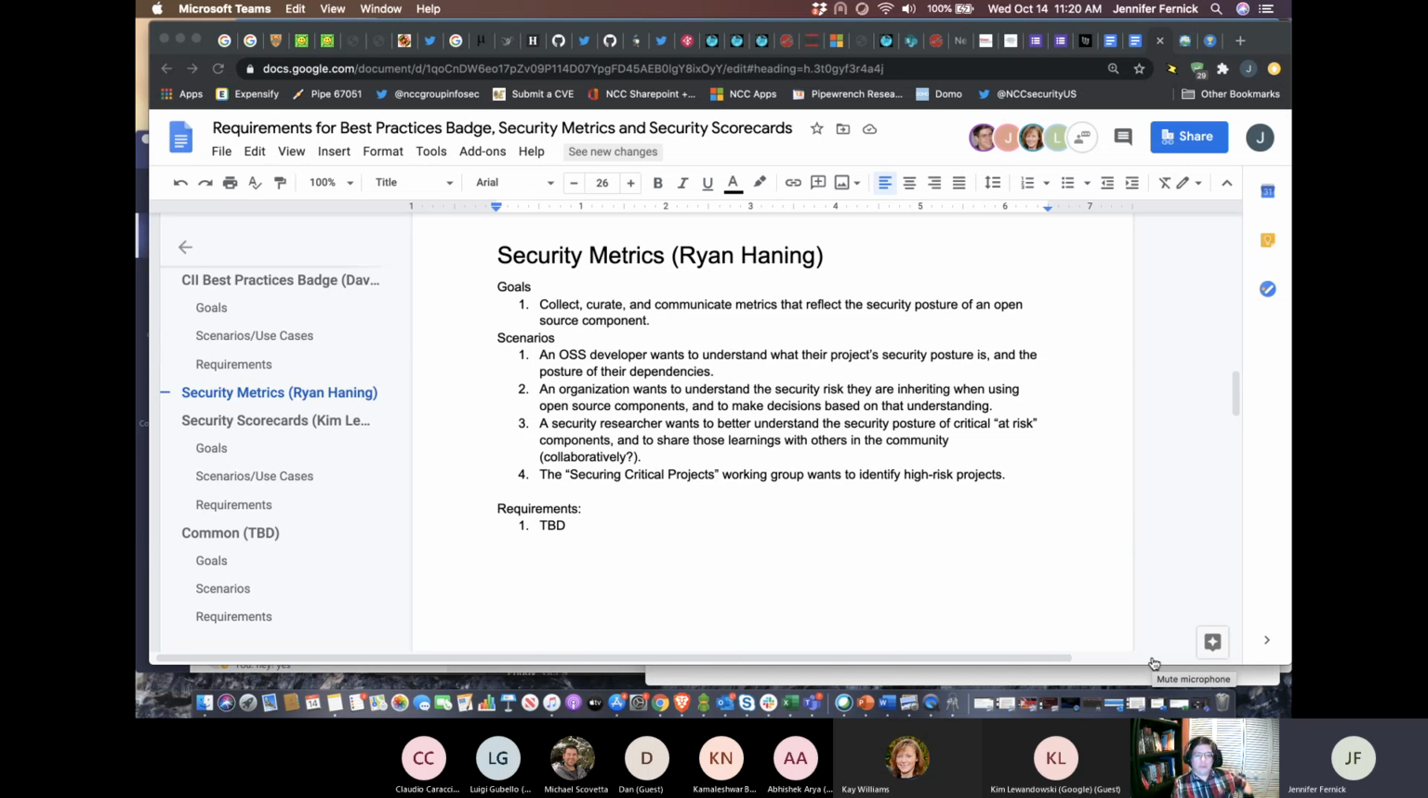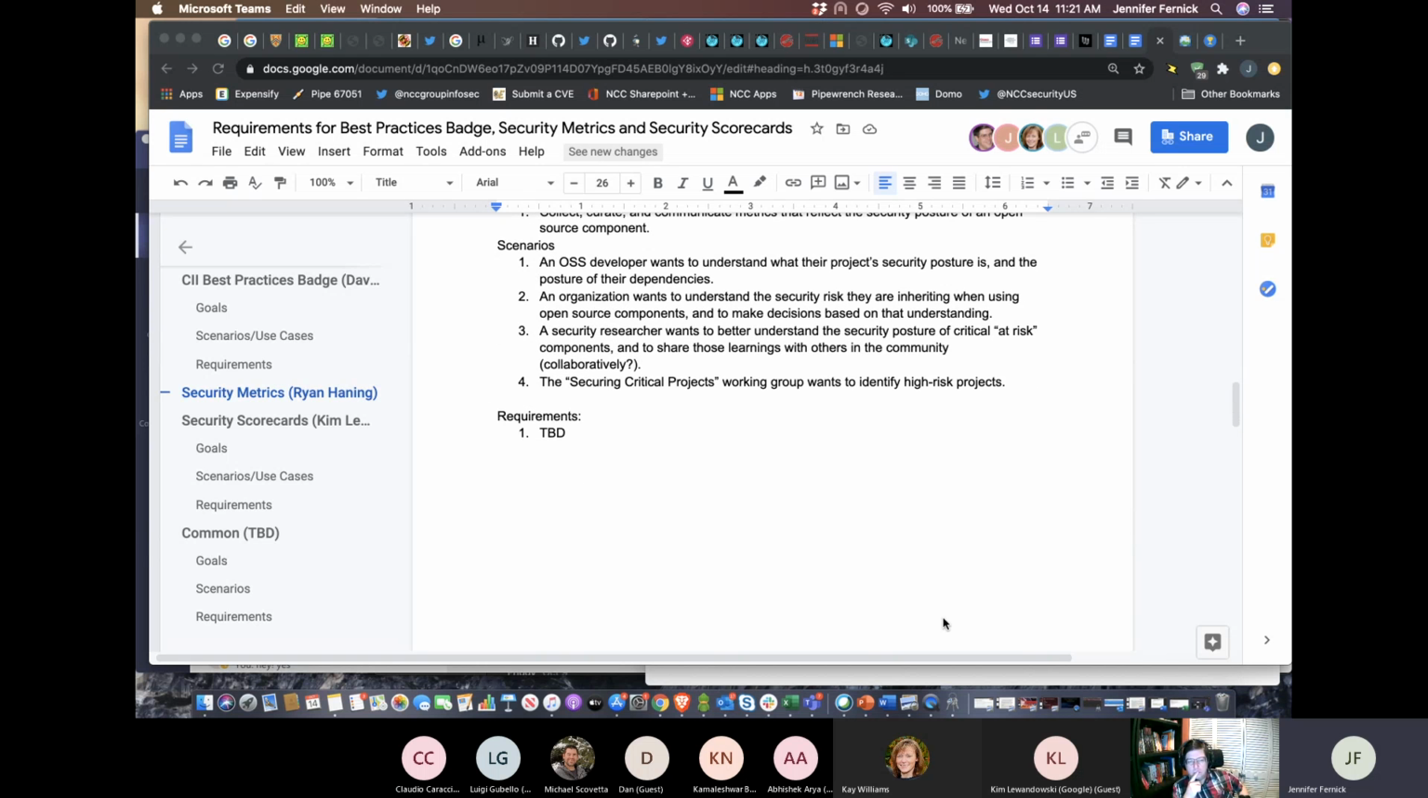So being able to drill in deeper and really inquire into that data, what is affecting the security posture and why? Another scenario that we would consider is if you are a security researcher and you want to better understand the security posture of critical components and to share those learnings with people in the community. So I think that this is a very diplomatic way of saying figuring out what is a good research target